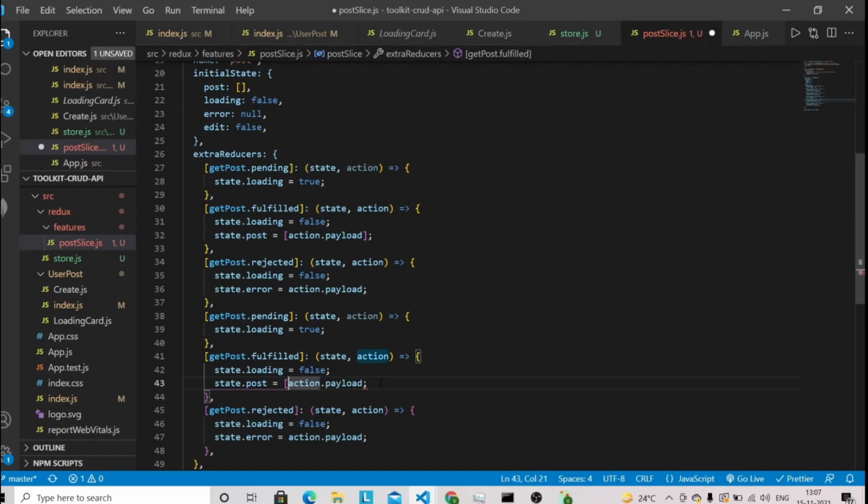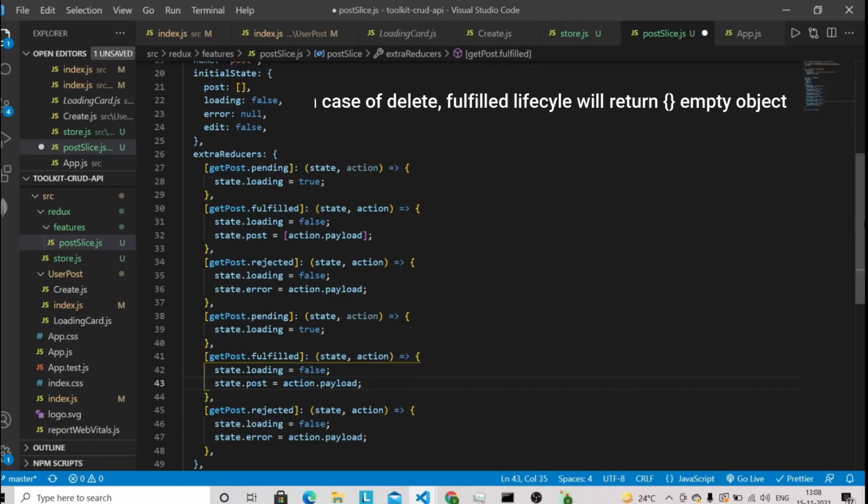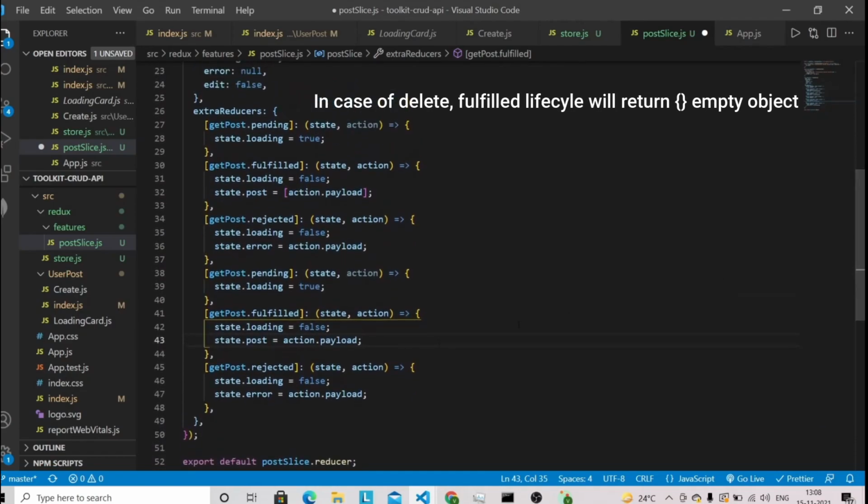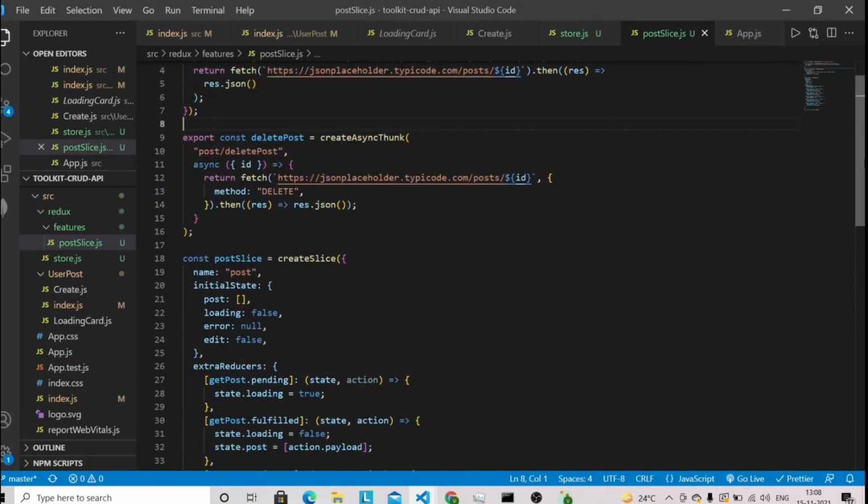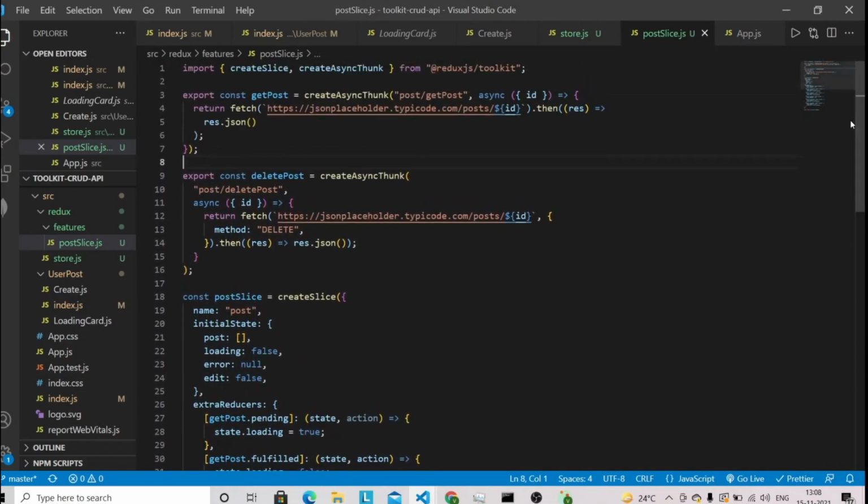So once it got fulfilled, it means the single user post got deleted successfully. After resolving, it will result in the empty object. So I'm just going to put the action.payload in the state.post for the fulfilled state. So I think we are done with this logic for deleting the post in our post slice.